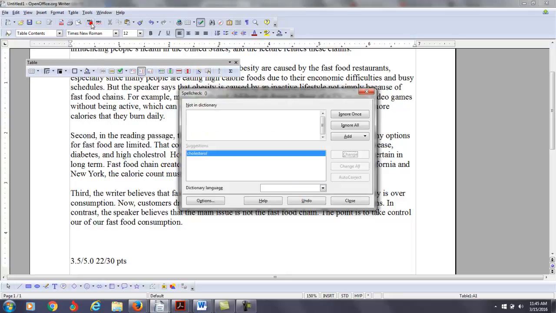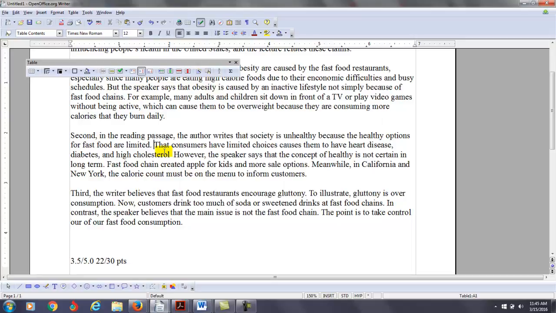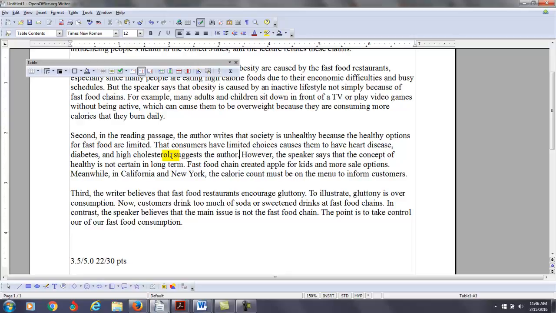Let me spell check that. Here we go. Okay, when I'm saying this, let me see if you can understand this grammar. So that consumers have limited choices causes them to have heart disease, diabetes, and high cholesterol, suggests the author. However, the speaker says that the concept of healthy is not certain in long term.